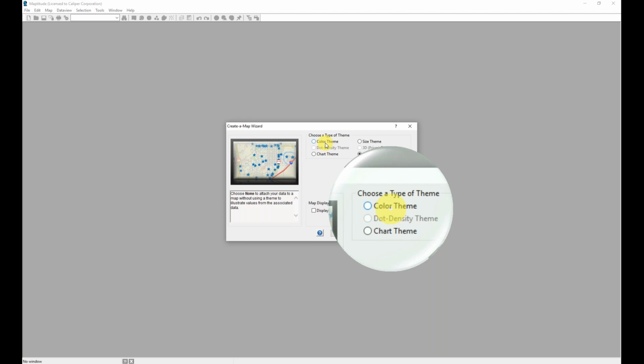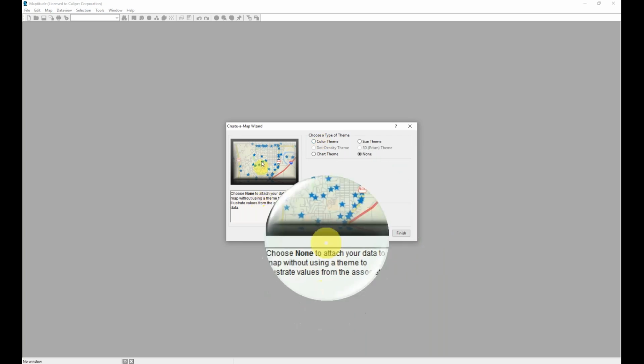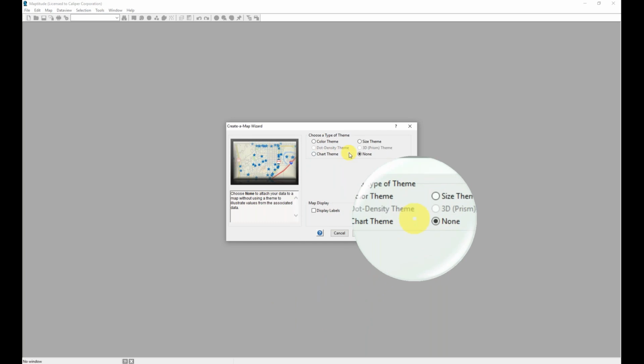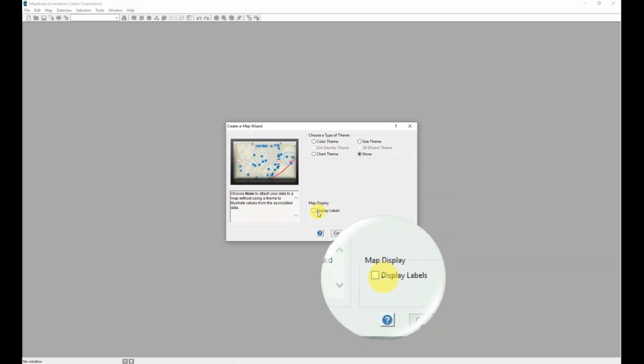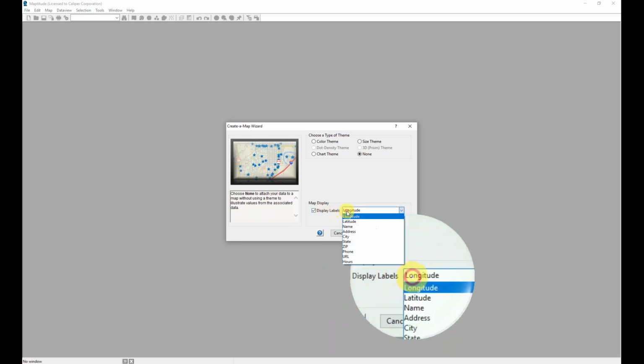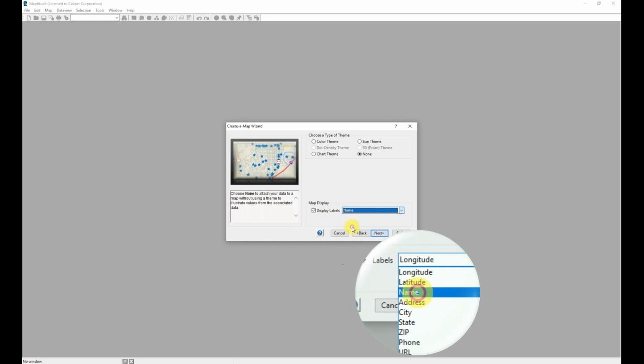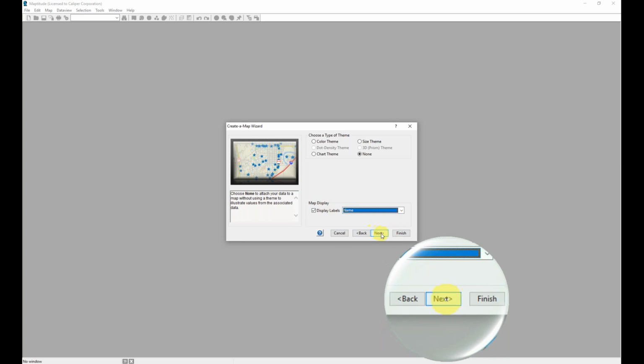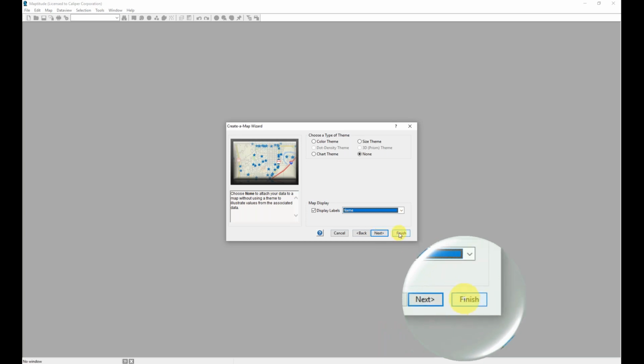There are a variety of themes that can be selected. Each of these are described and depicted on the left side of the screen. We'll go ahead and leave this as none for now. We also have the option to display labels, and we will check this option and select the field that we want to appear next to each of the points in the map. You can continue looking at additional options. There is one more screen as you create this particular map, or you can bypass those options by simply clicking